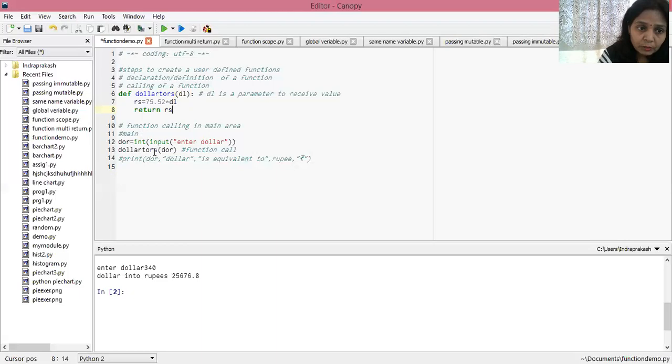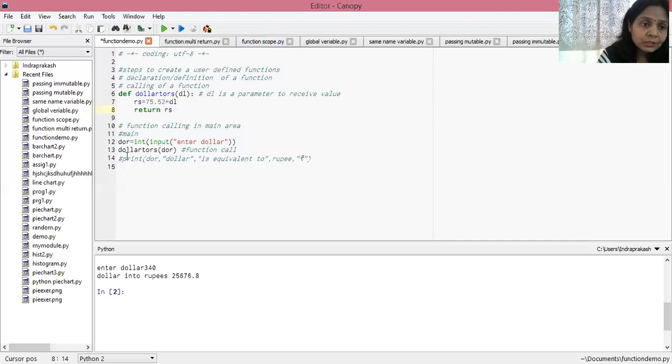As I told you in the previous session, you have to call the function with its name. My function name is dollar to rs, and inside the small braces I have passed the particular value which we want to operate on. This value dor is a variable, and this value will be stored inside the variable dl. Now the function will operate on dl and will return rs.